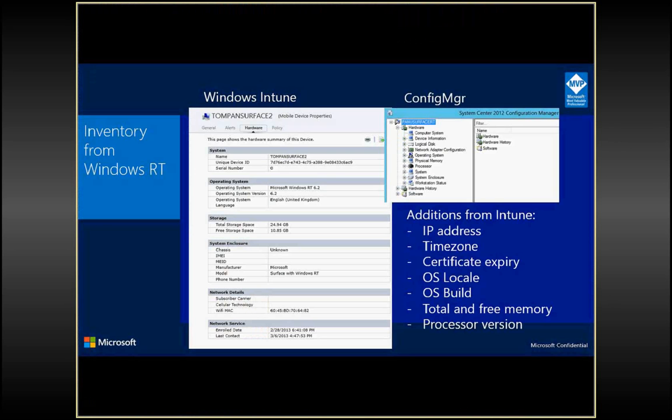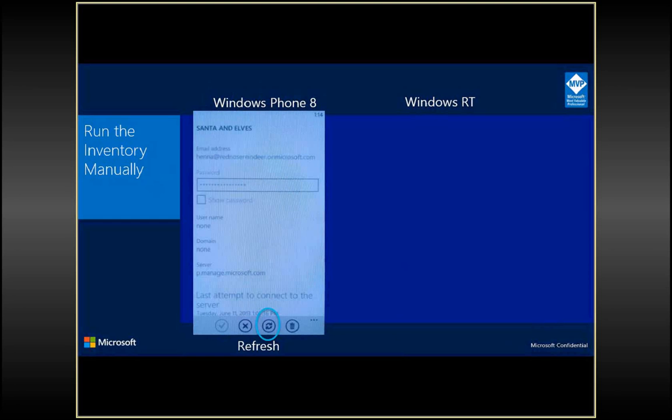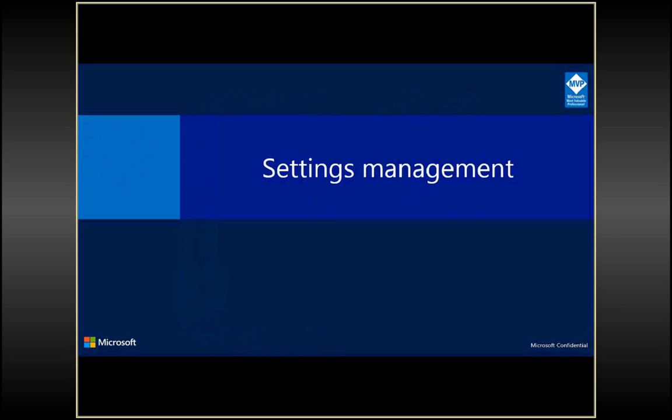If you want to run the inventory manually, if you're on the Windows Phone 8, you go to the settings and company apps. Over there, if you click the name of the company that has enrolled, there is a specific refresh button that you can touch. With Windows RT, you need to run mdm agent.exe, and that forces the synchronization to the Windows Intune instance. Then if we go to the settings management,